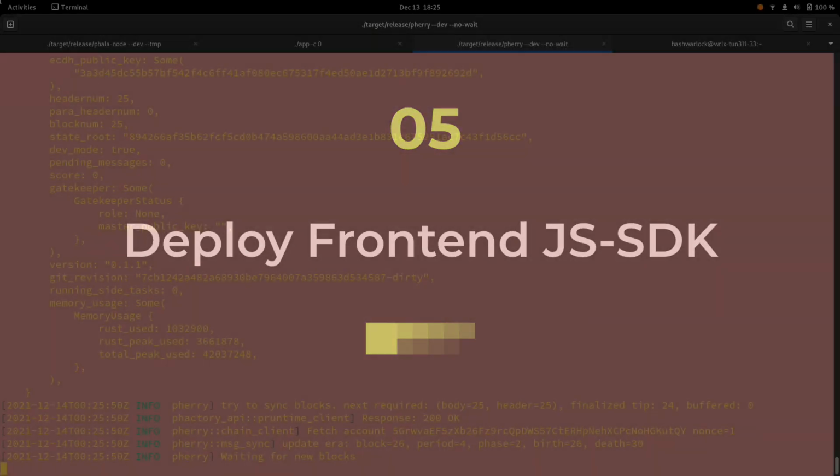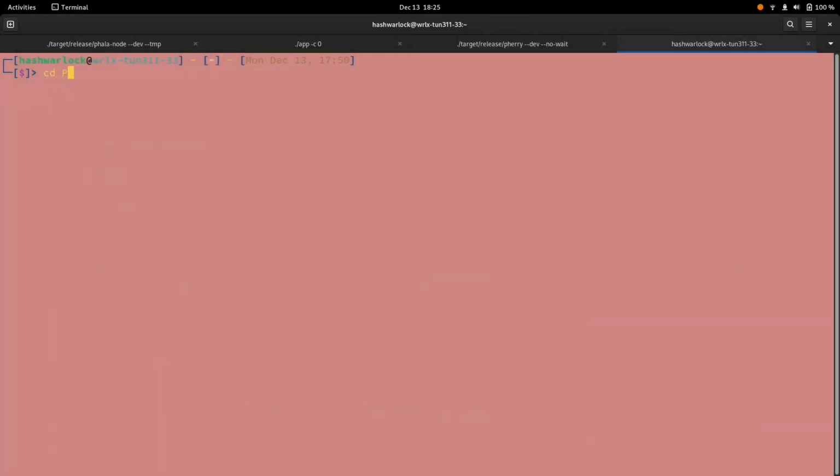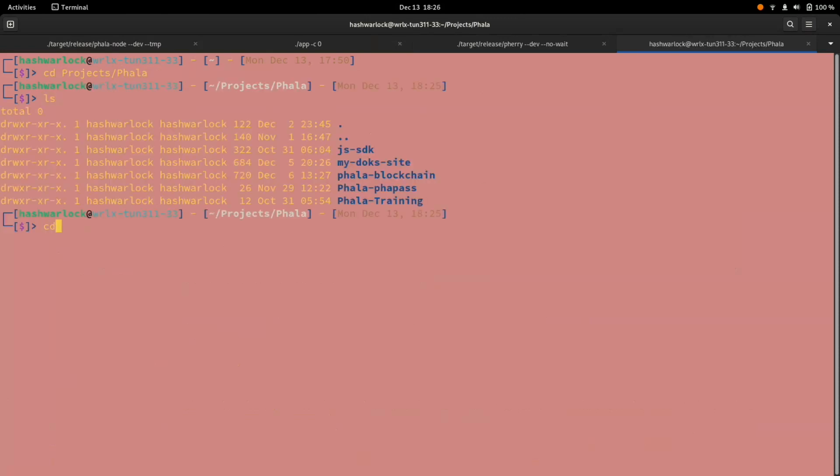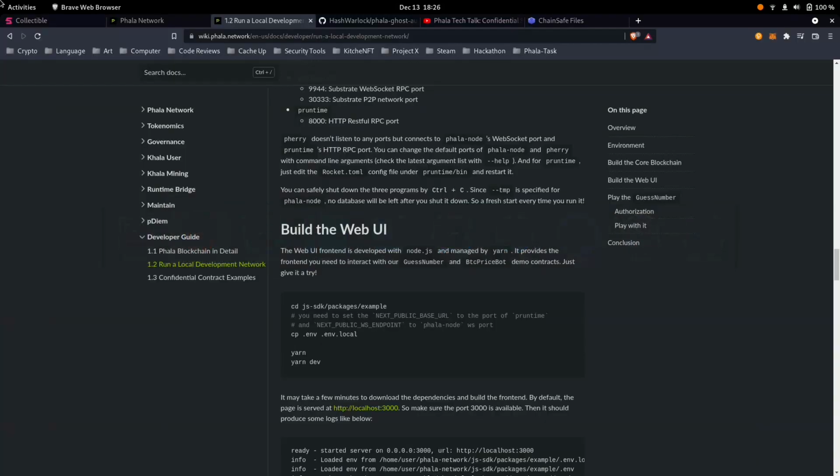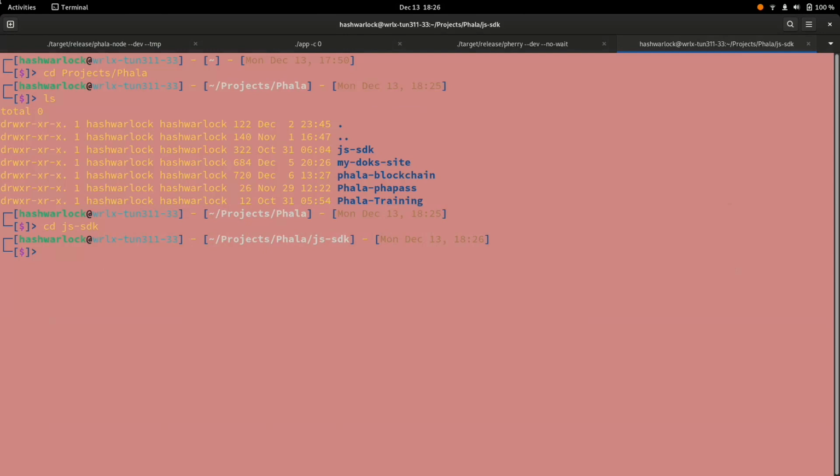Here, move into the JS-SDK folder structure that hosts our project. There it is. In the example, you'll see it goes into packages/example. For my development, I created a new folder structure that labels my Ghost Auction. So based on my development, I'm able to change into my Ghost Auction to deploy my